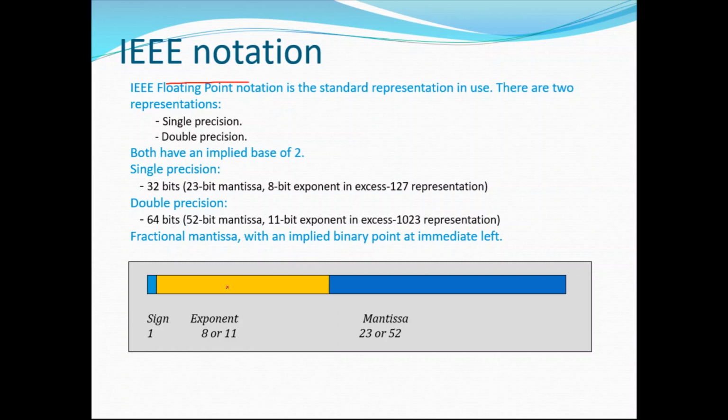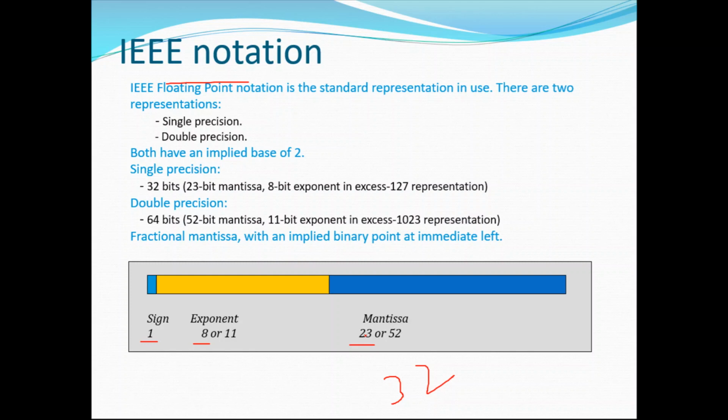In the IEEE representation, if it's a 32-bit number, then IEEE suggests using 23 bits for Mantissa, 8 for exponent, and one sign bit. If you add all this together, it is 23 plus 9, which is 32.